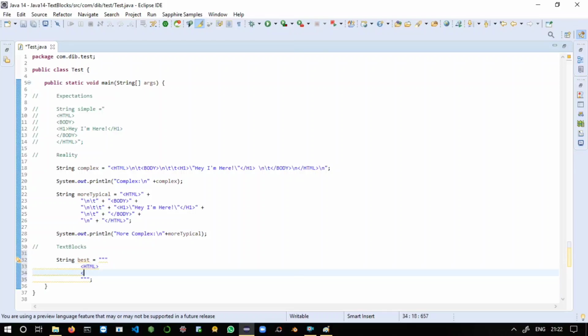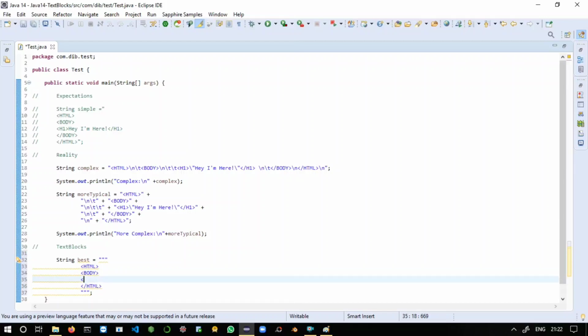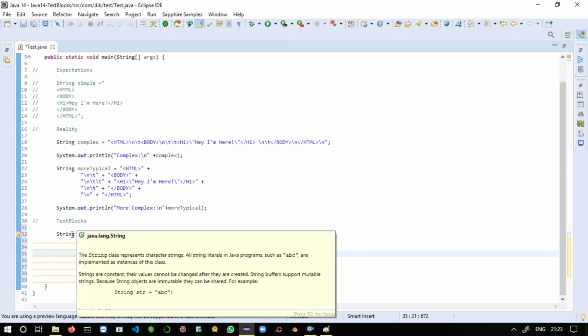So HTML start, HTML close, inside that body start and body close. Inside that I will say h1 open, h1 close. In between this I can print my message.